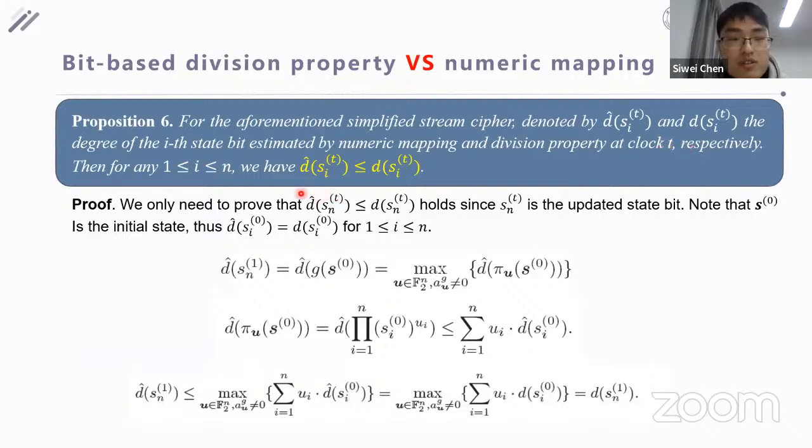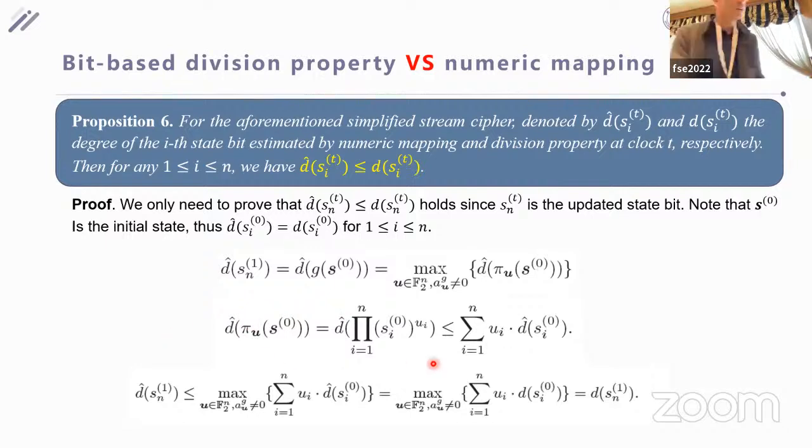t, its DP degree is more accurate than its numerator degree. Note that S0 is the initial state, so both the DP degree and the numerator degree are equal to the exact degree. At clock 1, for the state Sn, we can get this form from proposition 5, and this can be rewritten as